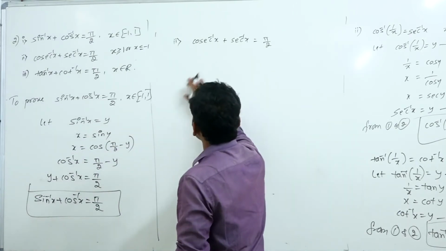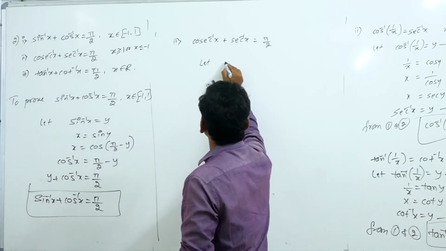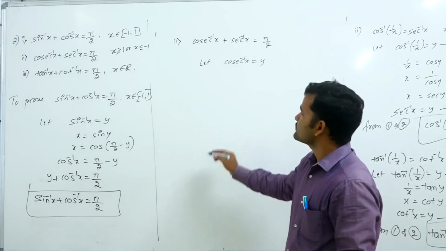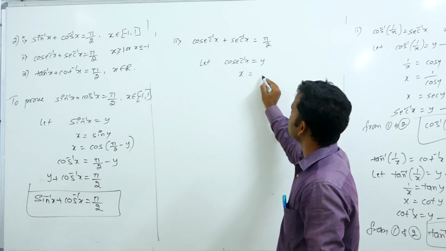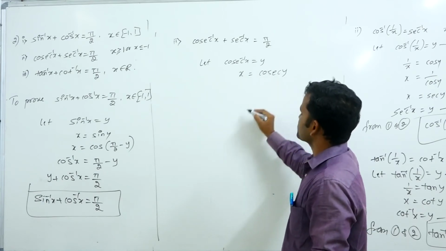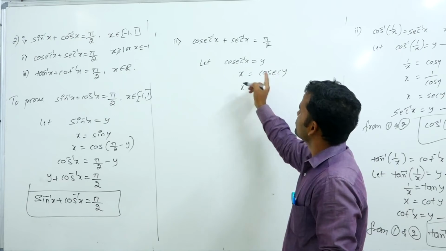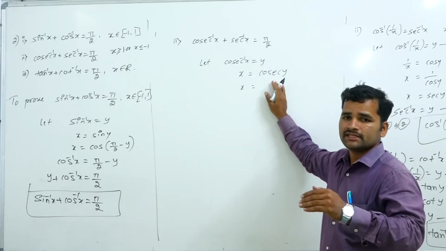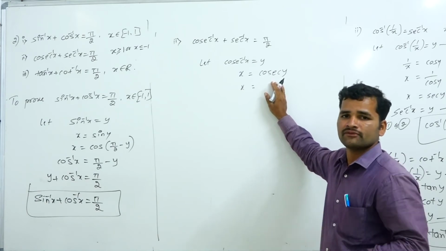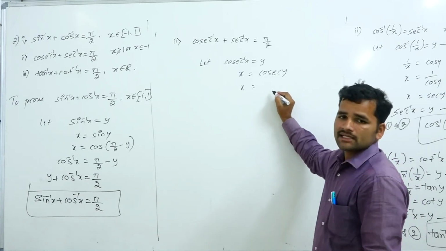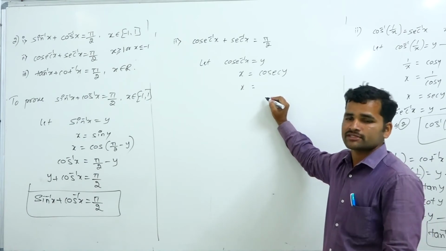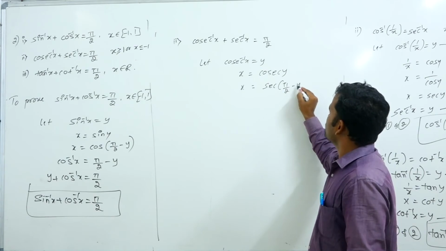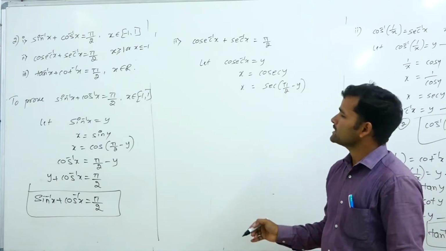Fine. Now to prove this, take cosecant inverse of x is equal to y. According to the definition of inverse trigonometric functions, this can be written as x is equal to cosecant y. We need secant here. You try to write this cosecant in terms of secant. How? Cosecant theta is equal to secant of 90 minus theta. First year concept. Cosecant y is equal to secant of pi by 2 minus y. That is like 90 minus theta.